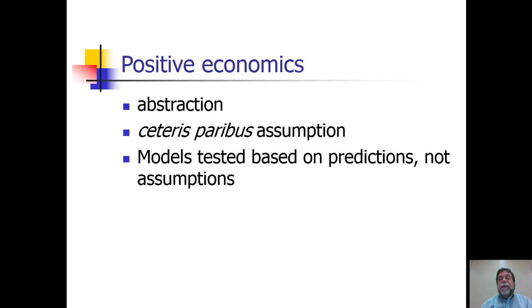When we test the usefulness of economic models, which are by their nature relatively abstract, we generally test them based on how well they predict, not on how realistic their assumptions are. Milton Friedman many years ago suggested an analogy that was useful, that if you want to understand the shots made by an expert pool player, perhaps the best model to do that would be to use the laws of physics,